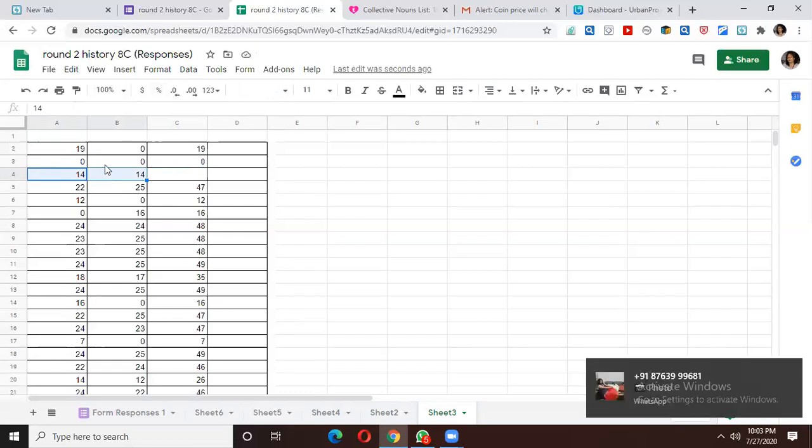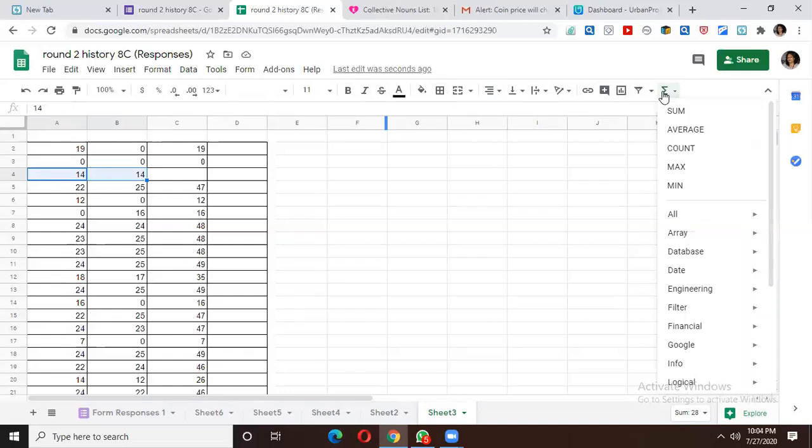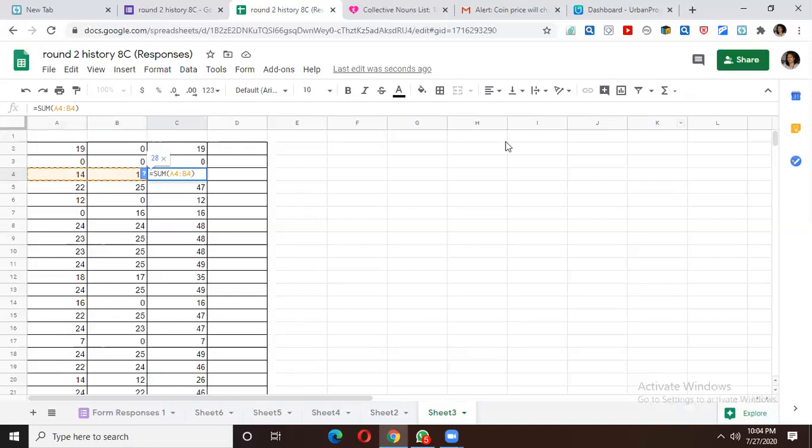Simply keep your cursor selected in this way, 14 plus 14, and can you see the function key at this corner? We have several keys over here. The last one is your function key. We need to press this, and there is a function called sum. When you select it, it is already given here. The function is already reading it as A4, that is column A, number 4, and column B, number 4.